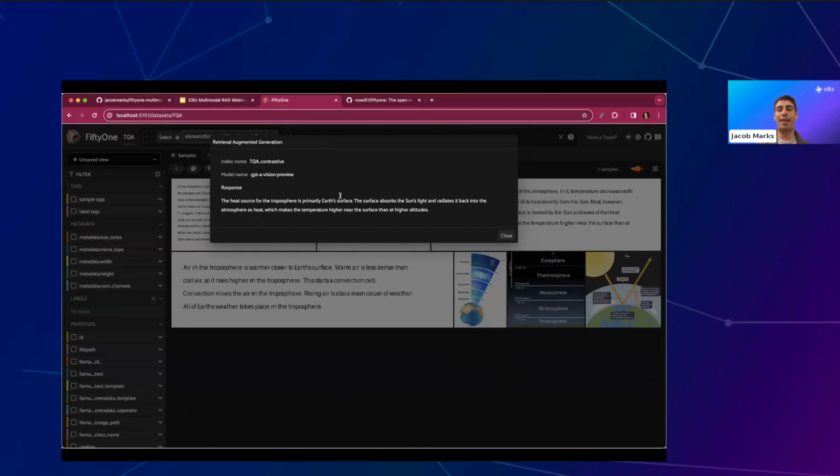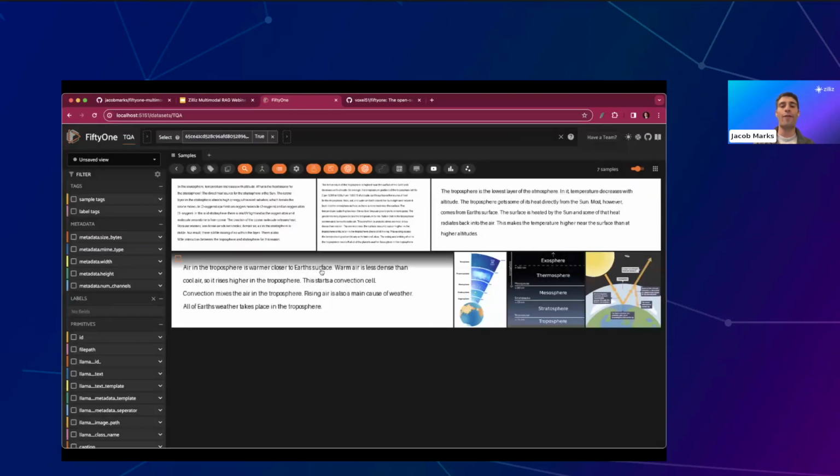And it's passing in those relevant data samples into the context with my particular question to the large language model that we have specified here, GPT-4 Vision Preview. And it is generating a response and passing that out at the end of the day. So this is the response that we're getting. And we can see we also have all these results here that were displayed for us. So it displayed all of our text results and our image results.